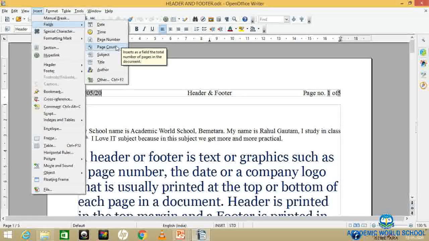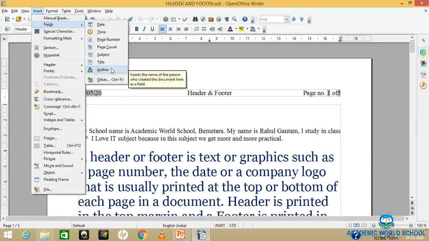Suppose I want to add the subject here. I will bring my cursor where I want to insert the subject, and then I will click on subject. Now I can enter the subject here, suppose it is IT.